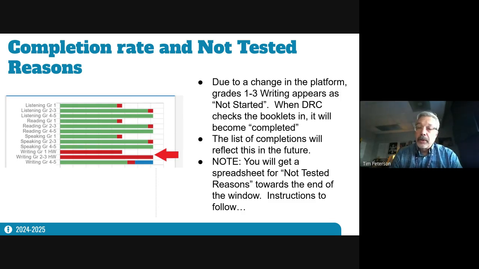You know who is already tested. So don't worry if it says not started, because the vendor will change that from not started to completed once they receive those booklets.